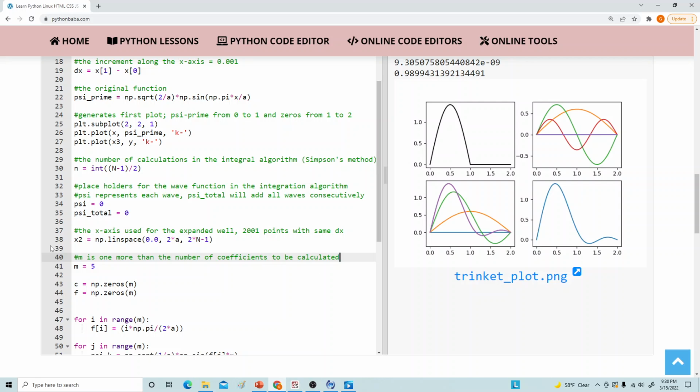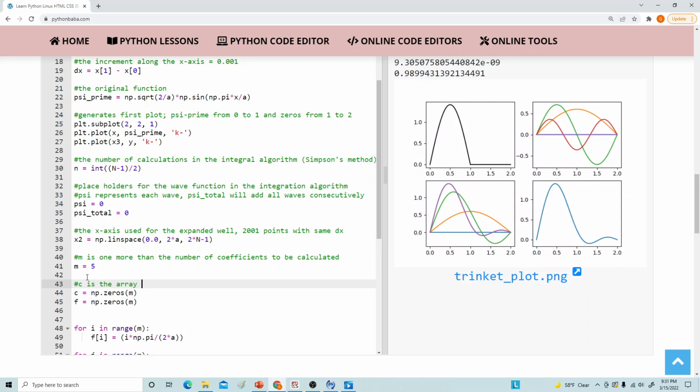So m equals 5 means that I want to calculate the m equals 0, which will be 0, m equals 1, m equals 2, m equals 3, and m equals 4 numbers. So when you want the first 4 numbers in your calculation, you would set this equal to 5. Okay, so C is